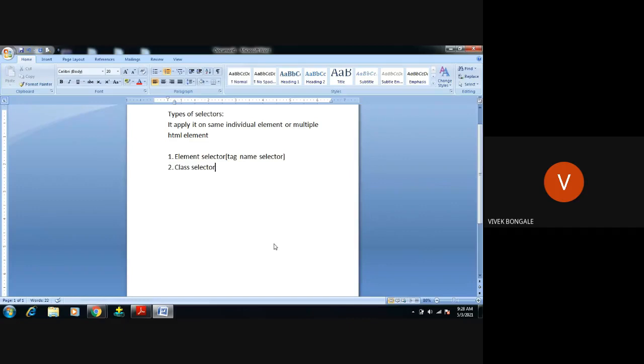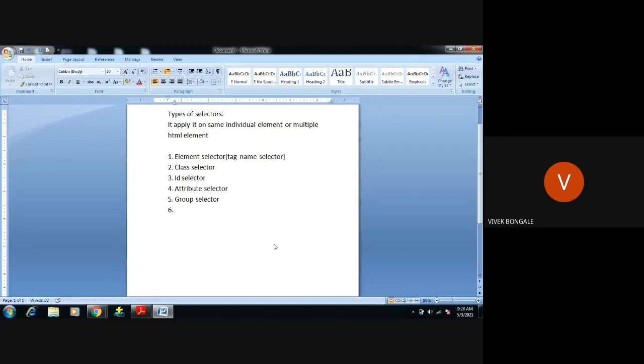Guys, this concept is very important: types of selectors. Many times they will ask what is a selector and give the different types of selectors, or they will specifically ask to give a short note on element selector with example or class selector. Okay, first is element selector, class selector, ID selector. Fourth one, we have attribute selector. Then fifth one we have group selector.